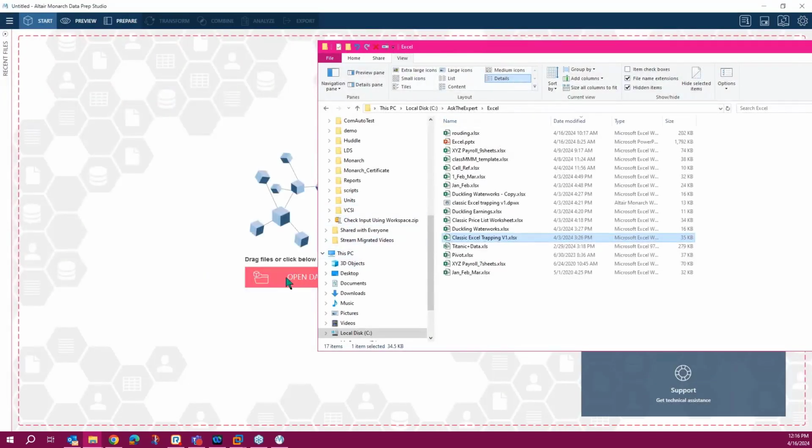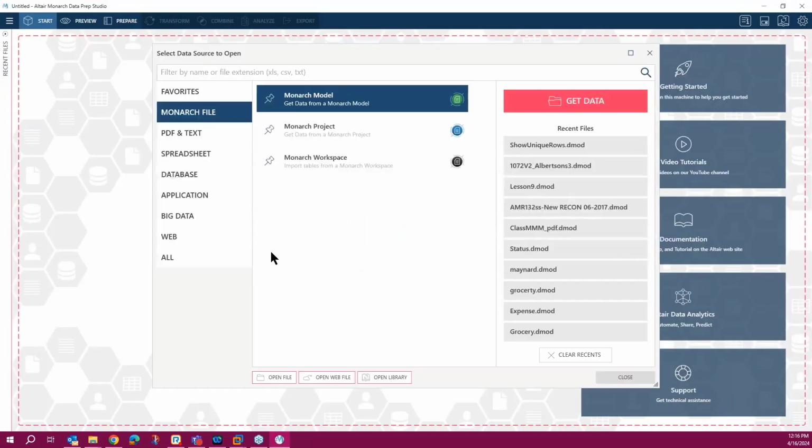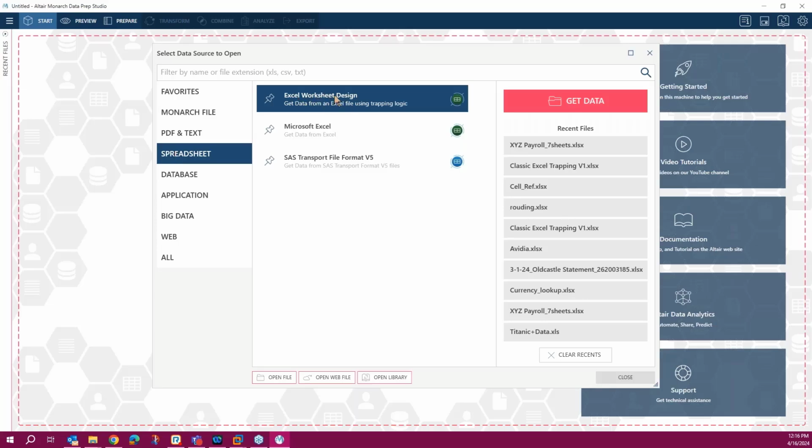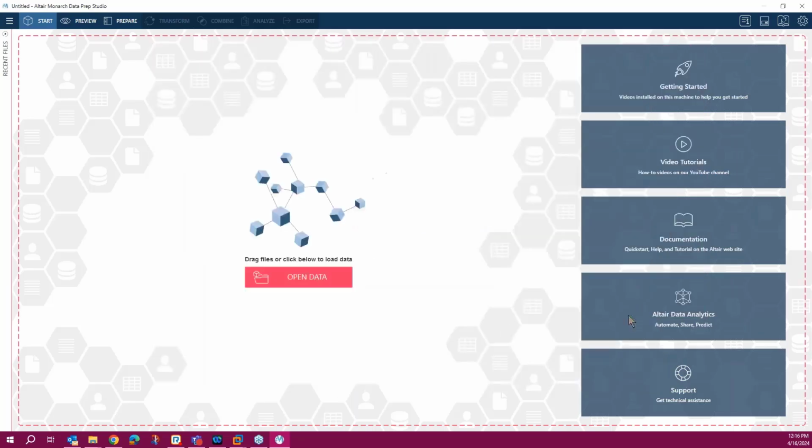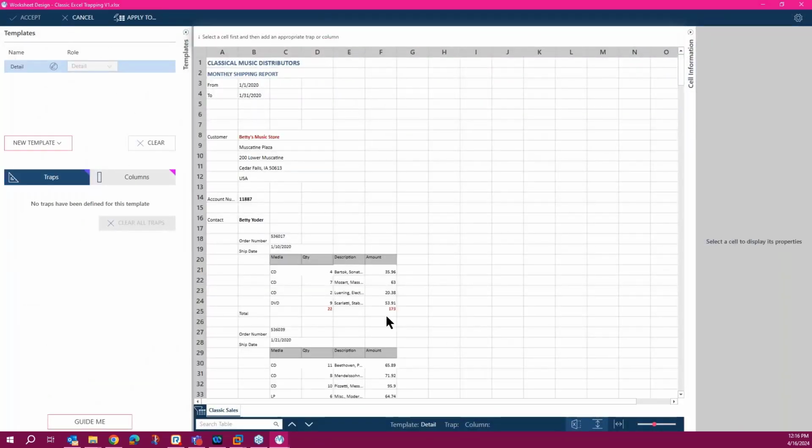Again, I can drag and drop it or open data spreadsheet, and I want to double click on Excel worksheet, and select the Excel file, and here we are in the worksheet design.